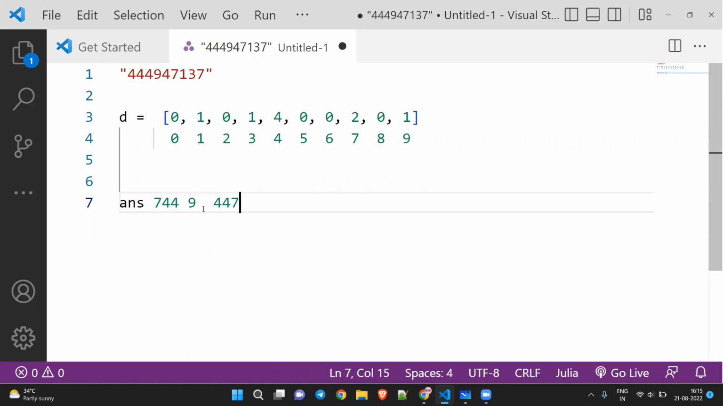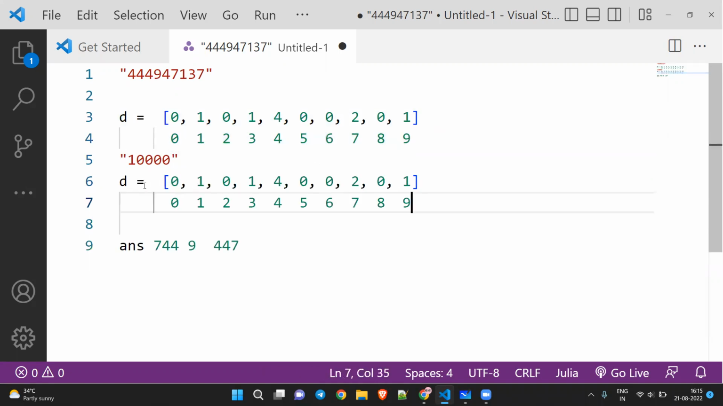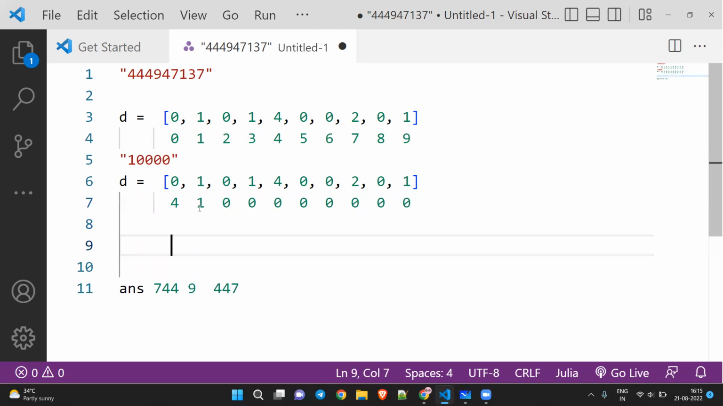The corner case which we need to handle again is preceding zeros. For example, if the input is 10,000, our frequency array would look something like this: 0 will occur 4 times, 1 will occur 1 time, rest all will be 0. So now when we build our answer, we get 1, it is occurring only once, so we can't take it. We see 0, which is